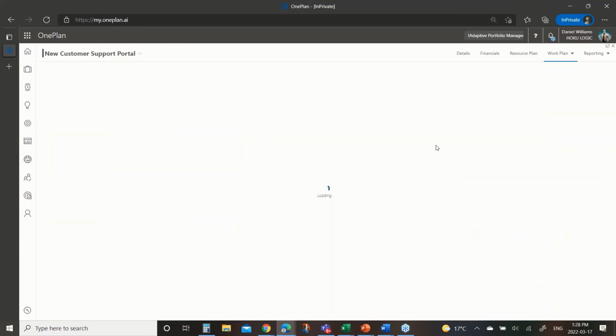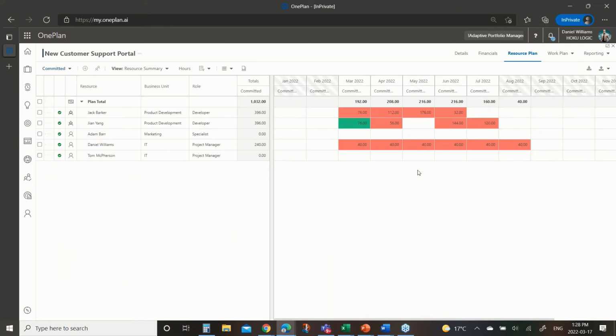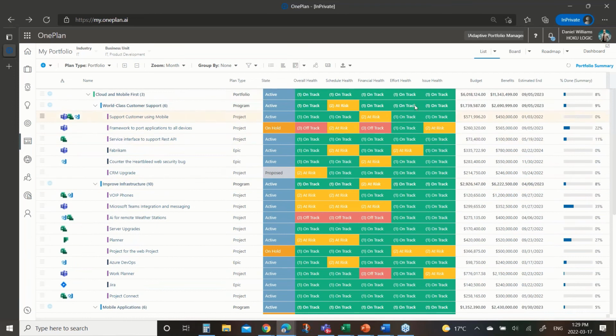If I just click on that really quickly, I'll see that the resource plan is the same construct. We've got some resourcing already put into this particular one. We could build that out more if that were the case. So independent of how we're going to execute the project, whether it's an agile project or a waterfall project, whether it's being managed with a very robust tool like Project Professional or a lighter weight tool like Planner or Project for the Web, we have a common view of our resourcing requirements and our resourcing effort. Okay, likewise with the budgets as well. So now I will go to do that prioritization.